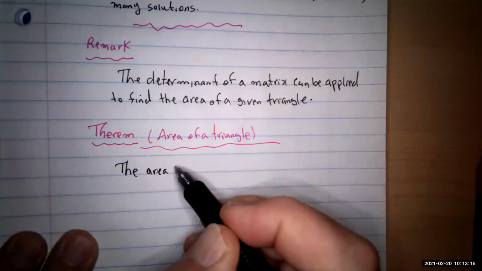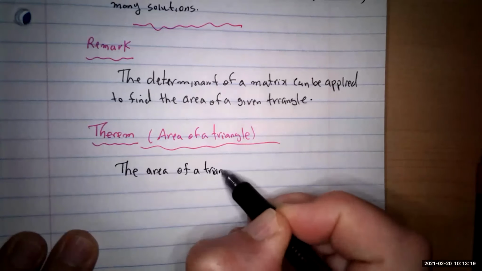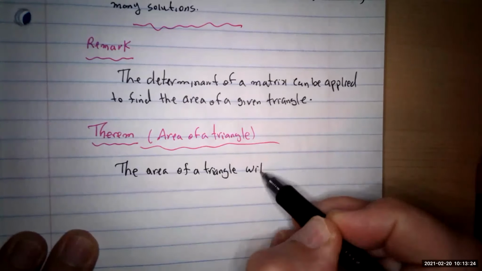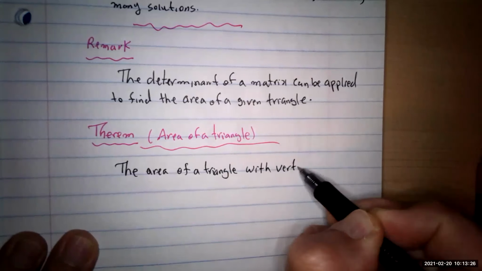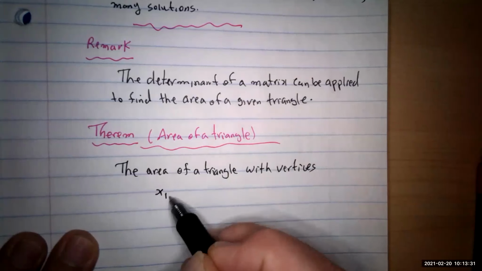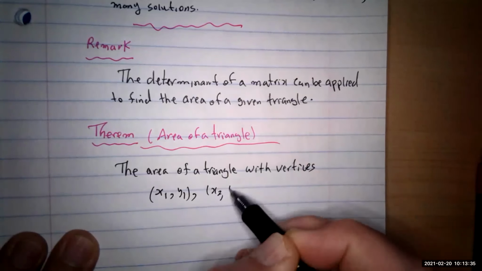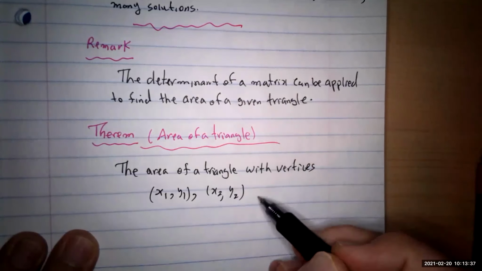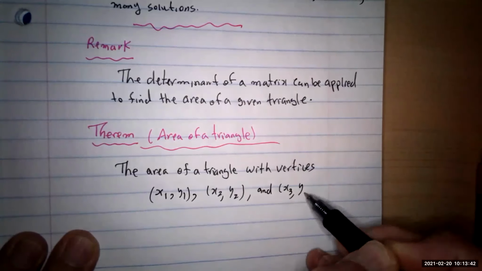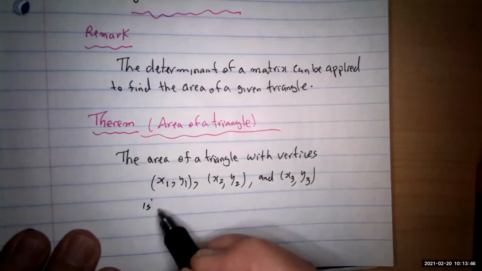The area of a triangle with vertices x1 comma y1, x2 comma y2, and x3 comma y3 is given by